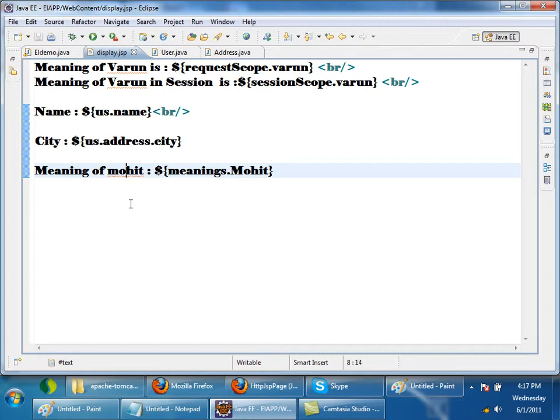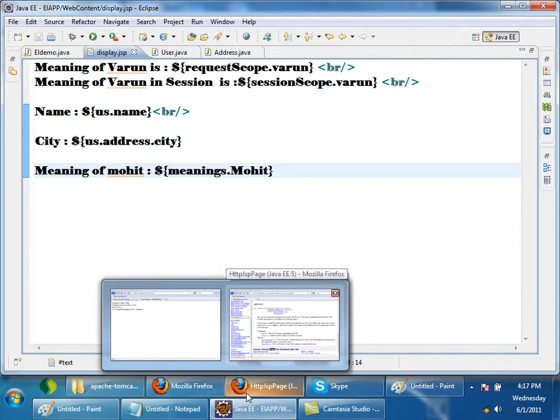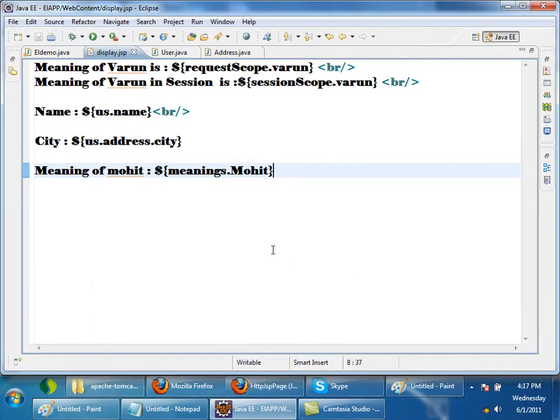Okay. So we understood expression language can be of form A dot B. If it is A dot B, A can be either a bean or a map. If A is a bean, B should be a property, and if A is a map, B should be a key. Right? Like that you can write expression languages. Now,